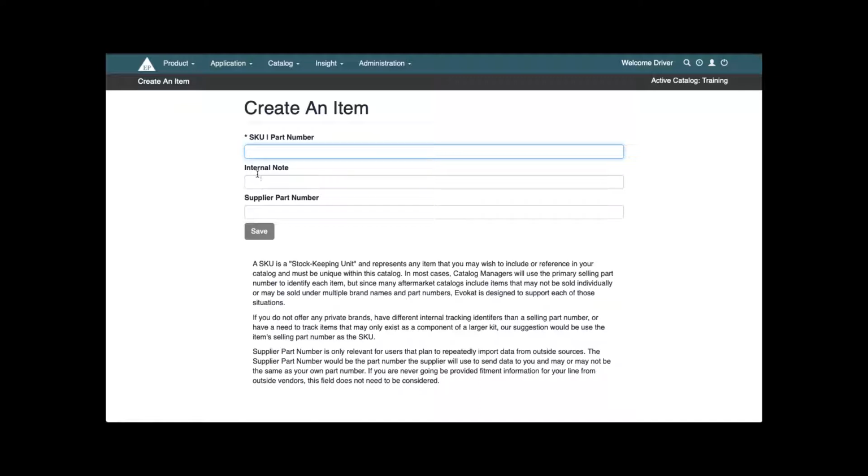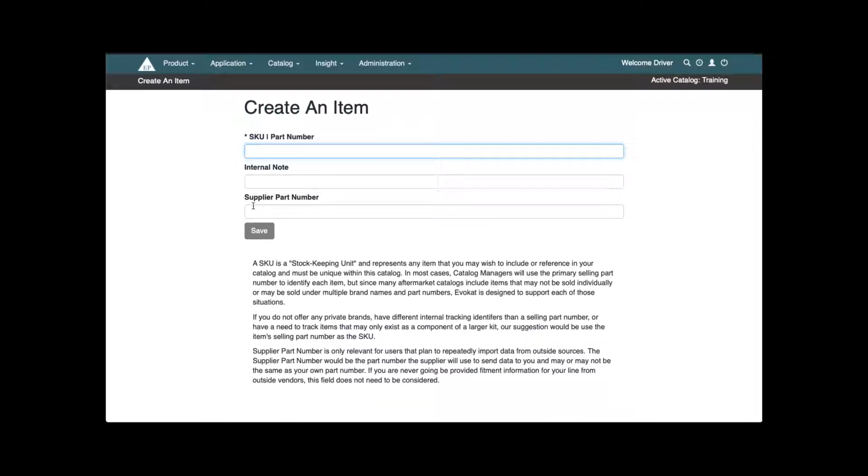The internal note is simply a value that you can use as a reference back to some kind of source information. And then supplier part number: if you are in a situation where you are loading data from another data provider and you want to associate their part number with yours, the supplier number gives you a path to do that. So again, if you are receiving data from somebody else and they cannot provide the data with your part number in it, they have to use theirs, this provides a relationship between those two